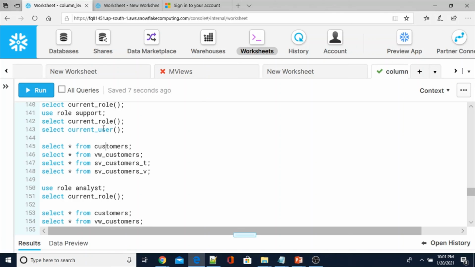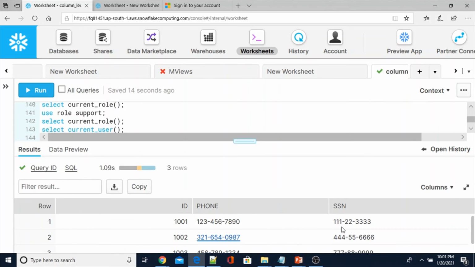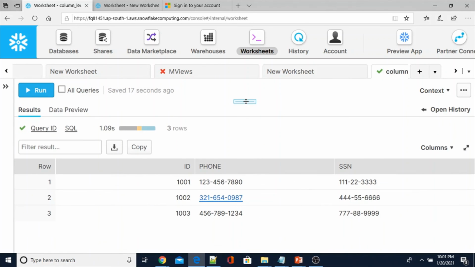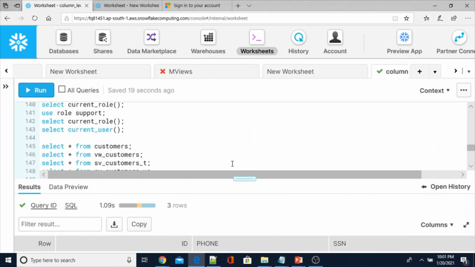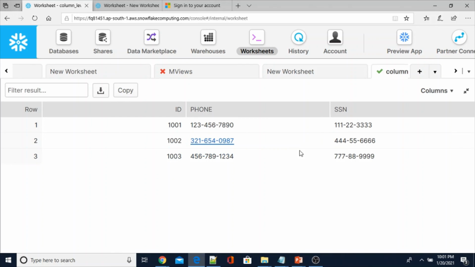Now let me execute with the support role. We can see the entire data from the table without masking, even though we applied the masking policies on phone and SSN. But by using the support role, which is the authorized role, we can see the data as we expected.